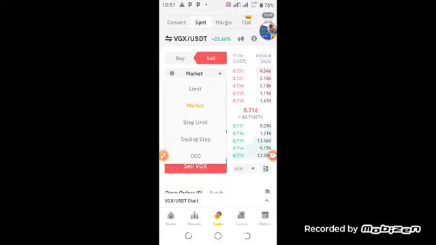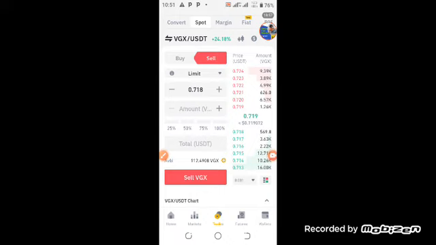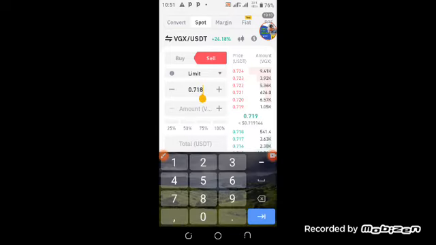But there are other systems. We have what we call spot limit, trailing stop and OCO. That's not where I'm dealing. Remember, I'm dealing with market order and limit. These are the commonest ones. Now, if I put on limit, what does that limit mean? Limit means I'm giving the system instruction that, see, this coin is selling at 0.718 now. Please, I want you to help me sell this coin once you get to